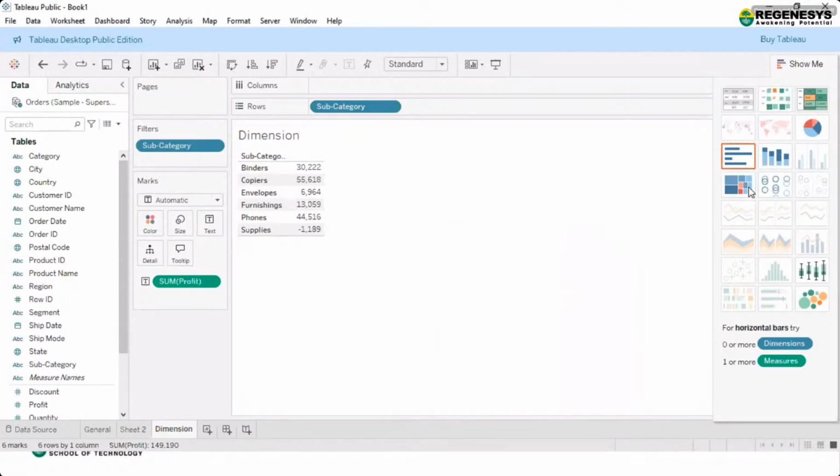Which end with S, for all the subcategories.